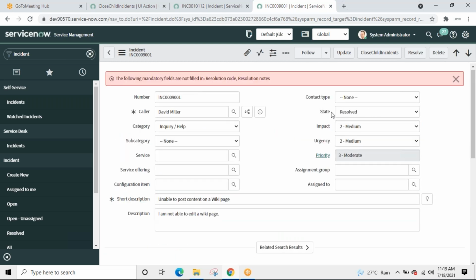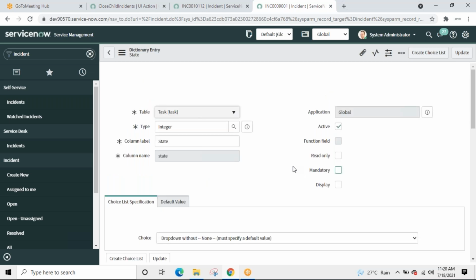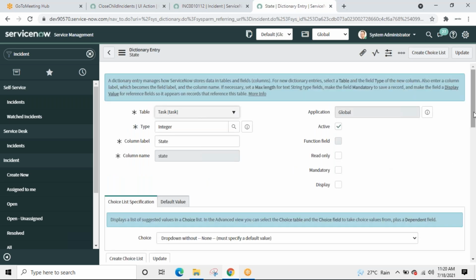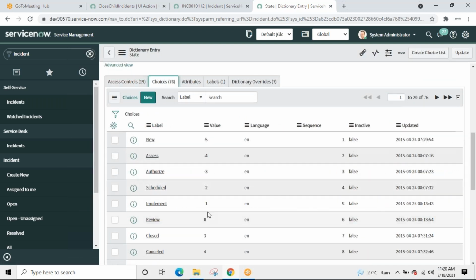Resolved. The numeric value associated with this is 7. Right click, configure dictionary, choice. This is showing everything, right?